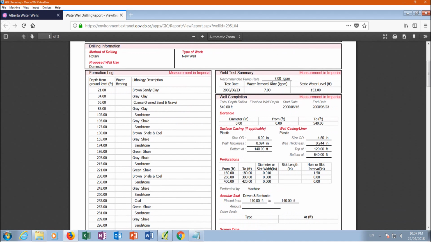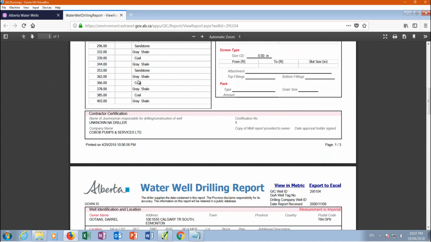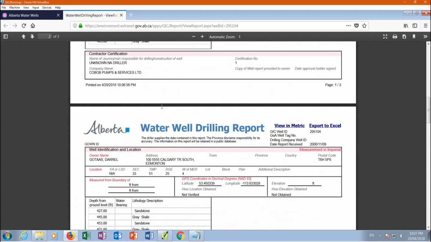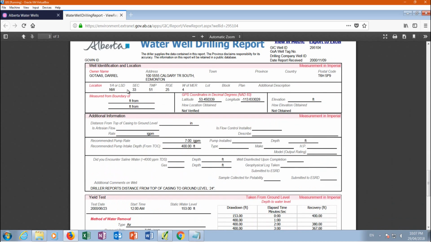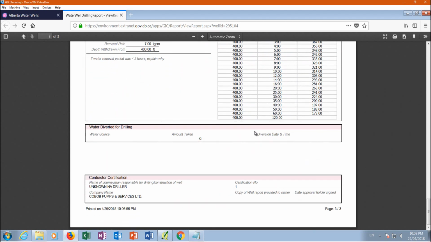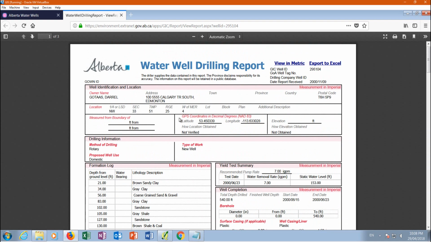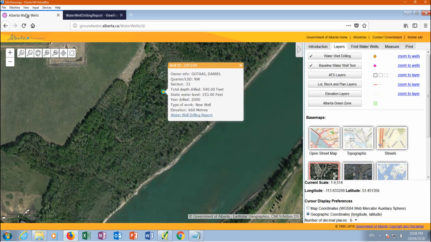Even there is a pumping rate with a lot of information, the geology, and that's for the pumping test, maybe. You know, there is a lot of information in this report you can use without going to the field. That's very nice. Okay, and also I would like to talk about